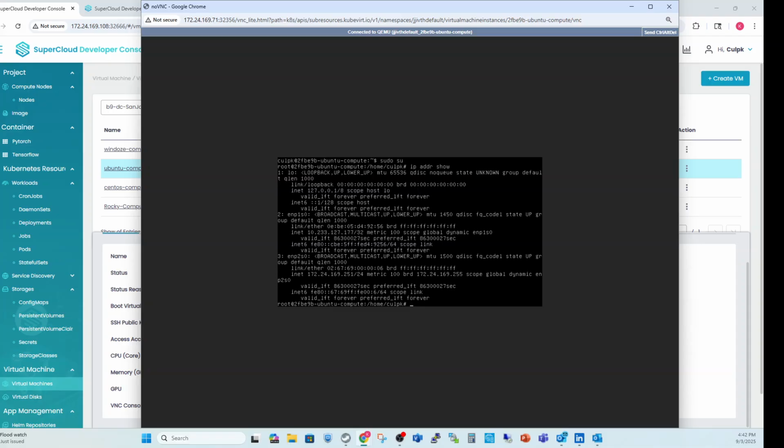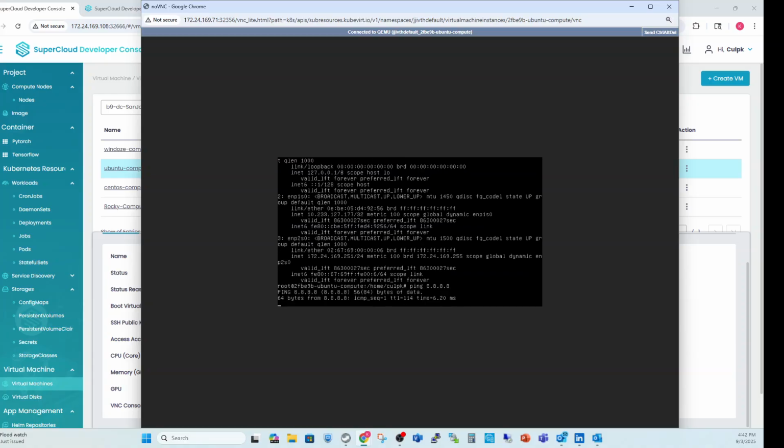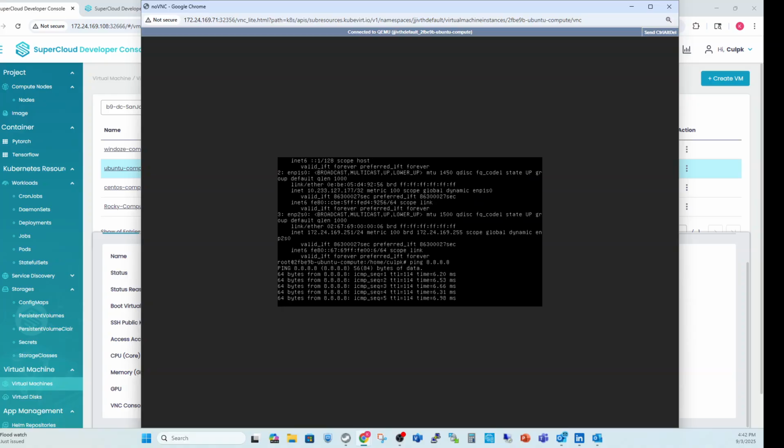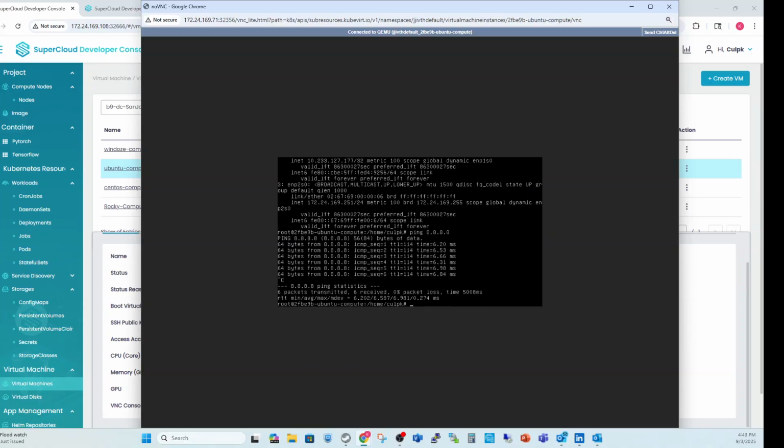You can see here that the operational status of that NIC is in an up state. So if we wanted to go out and communicate to the internet, we can ping our DNS server, and we can see here we have connection out to our Google DNS server, and you can type in commands like dig